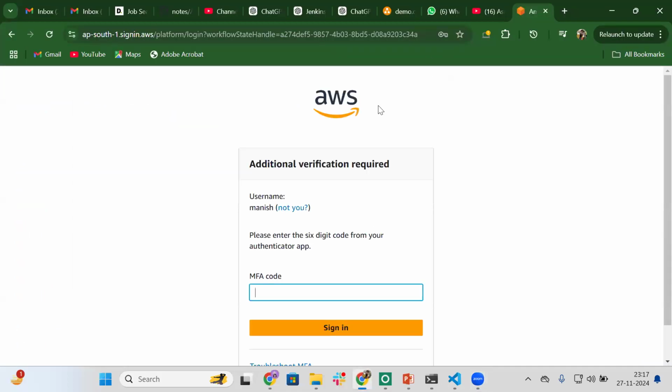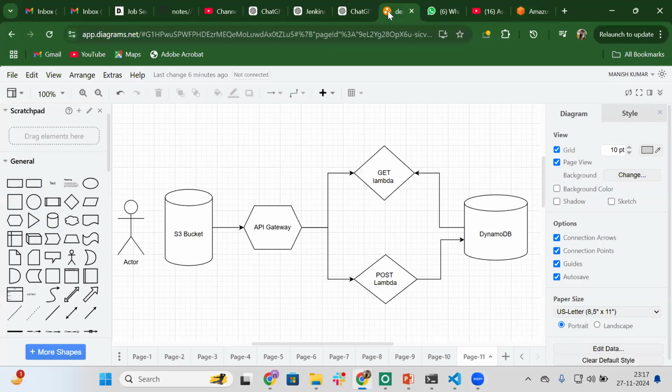Hi everyone. In today's video, we will learn about the API gateway concept and see how API gateway works. We will see the demo. We will be storing some of the students' data within this DynamoDB table, and that storage will also happen through